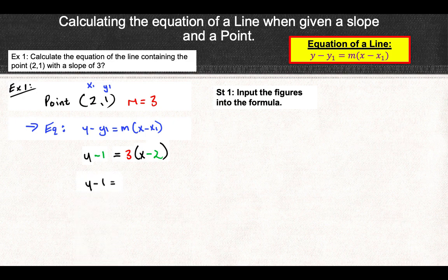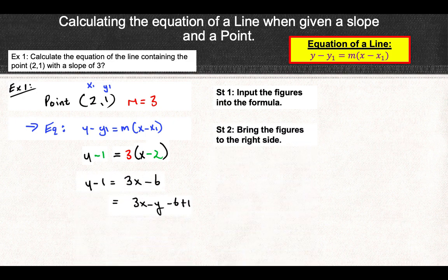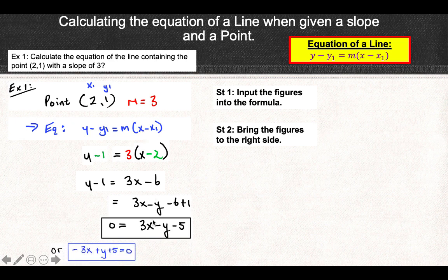That's y minus 1 is equal to 3x minus 6, which is equal to 3x minus y minus 6 plus 1, as the y comes over and the minus 1 comes over, which is equal to 3x minus y minus 5. So as I told you above here, this y and this x is important for the next bit. So if we were to look at that,